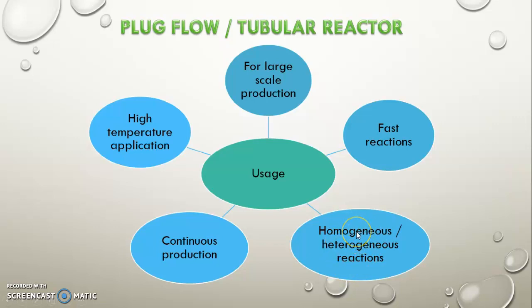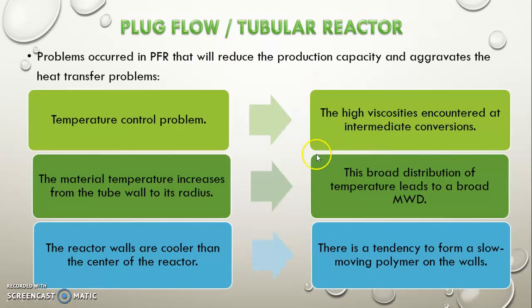Homogeneous ni yang boleh sebati, heterogeneous ni yang tak bercampur, unmixed, okay? And also lead to fast reaction. Key problem occurred in PFR that will reduce production capacity and aggravates the heat transfer problem is temperature